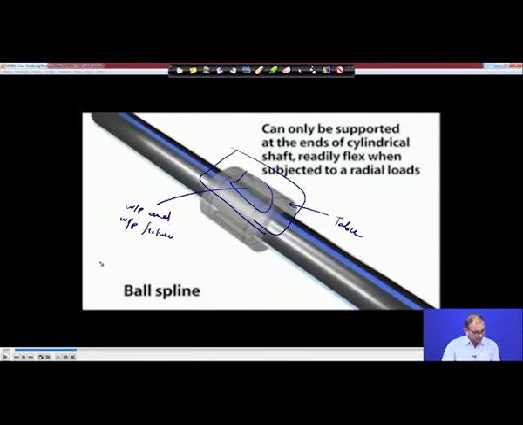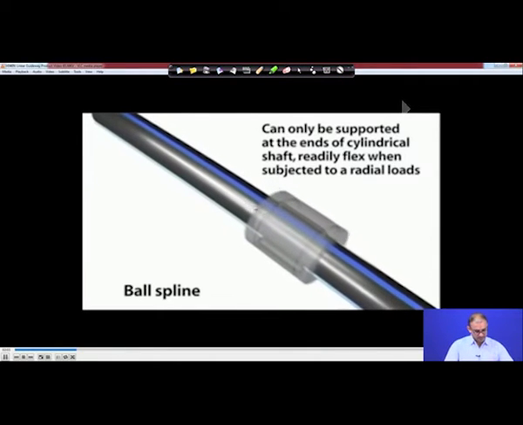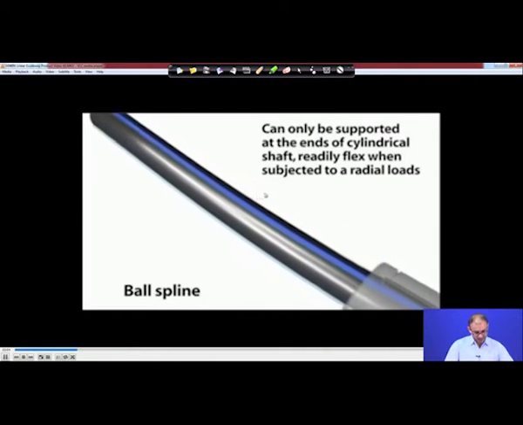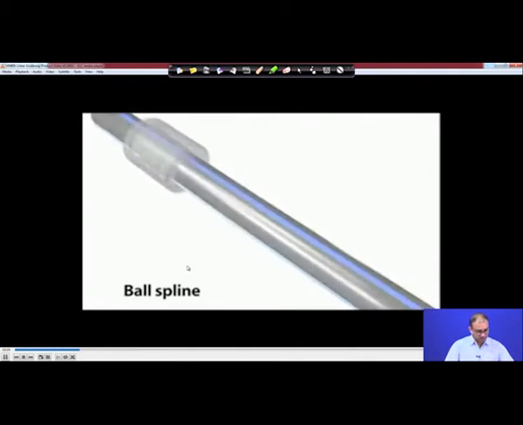Right. So, what is going to happen? These are the end points, and this is our location, and this is loaded at this location. So, what is going to happen? This is going to bend depending on the total load on the shaft. That is creating a big problem. So, at the end of the scenario, it will readily flex when subjected to a radial load. This is called the radial load. Let us see how it is going to happen. See, this happens when it is subjected to the radial load, because of that loading from the top part. So, this is also not a good way.